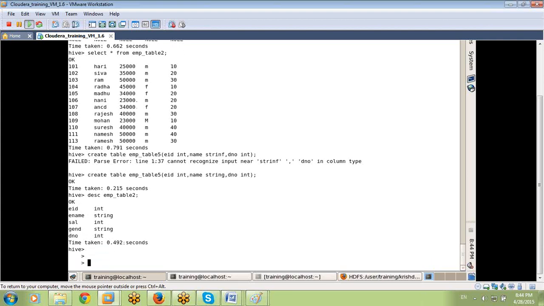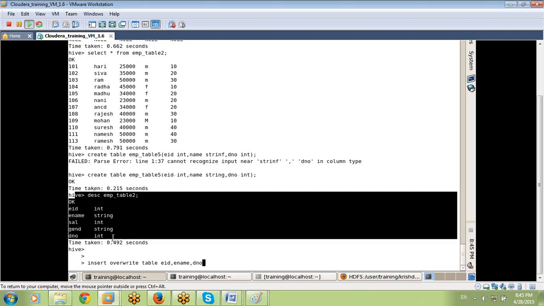Now insert overwrite table, table name, EID comma, ename comma, salary. Here I want 3 columns now. In table 5 I mentioned 3 columns only, so here I want to take any 3 columns. The first column is integer, the second column is string, the third column is integer. I want to select accordingly. If I take it wrong, for example, it loads nulls.